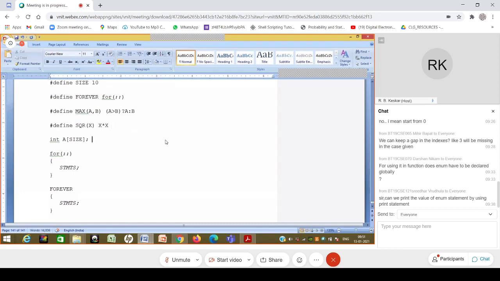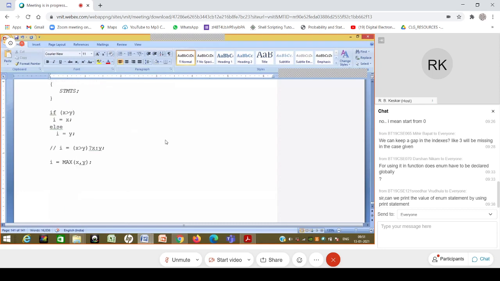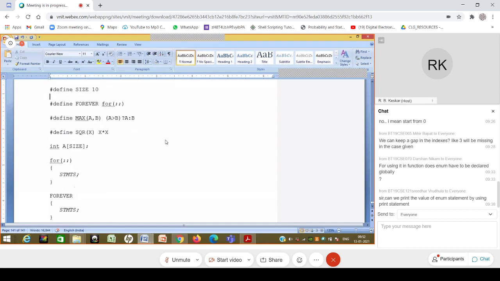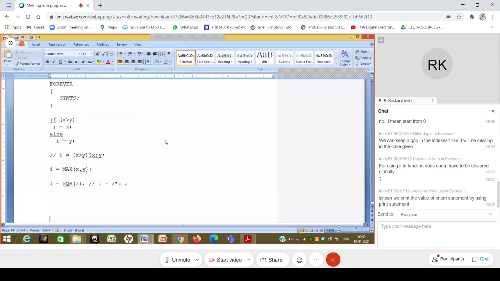It looks very correct. That is the definition I would like to give, and perhaps at some point I would like to make I is equal to sqr, and to that I want to pass perhaps value z or variable z. So what I expect is that it will replace this statement with I equal to z cross z. Why will it do that? Because in sqr x cross x, it checks that this x has to be replaced by z, and z cross z is a replacement string, x cross x is a replacement, so it will replace it with z cross z. Correct? So this is what I expect.